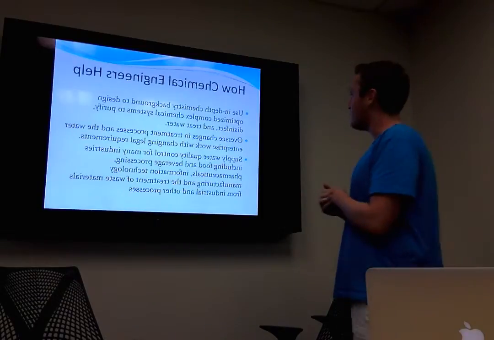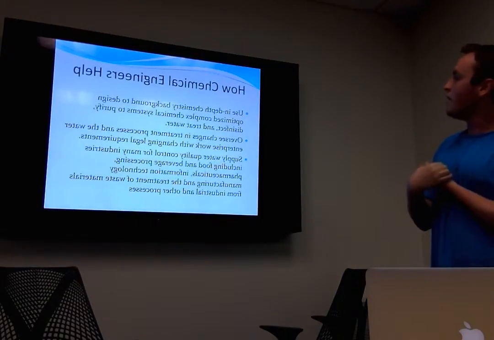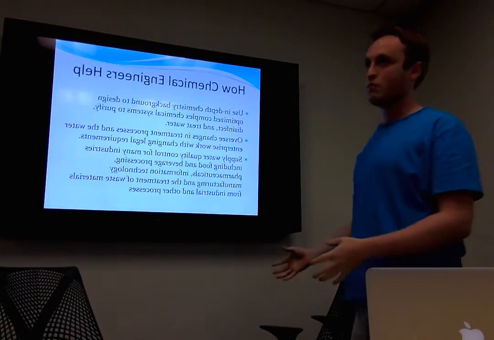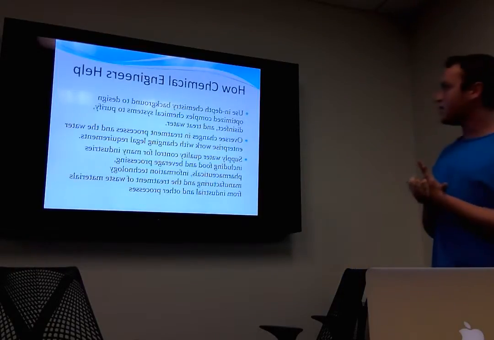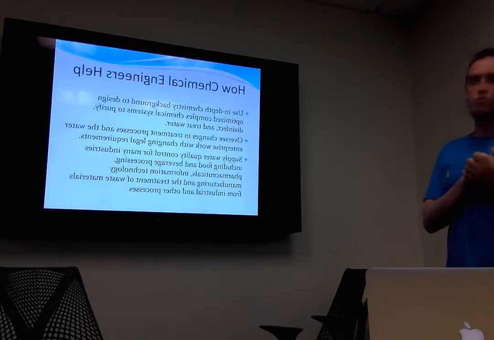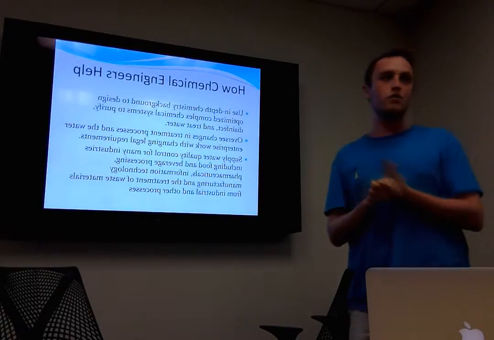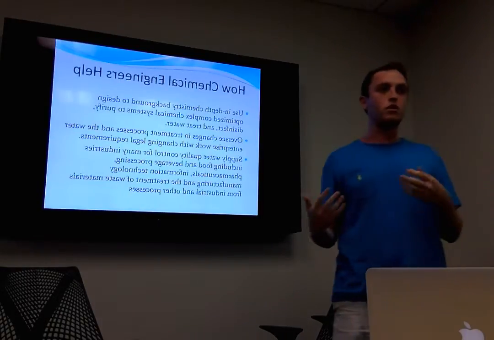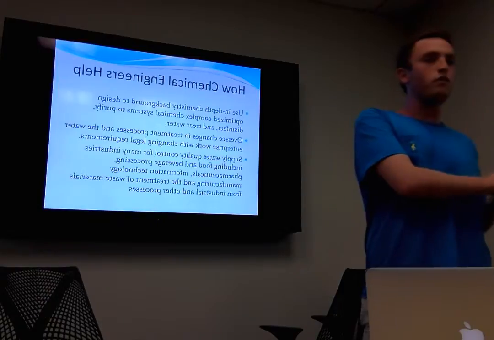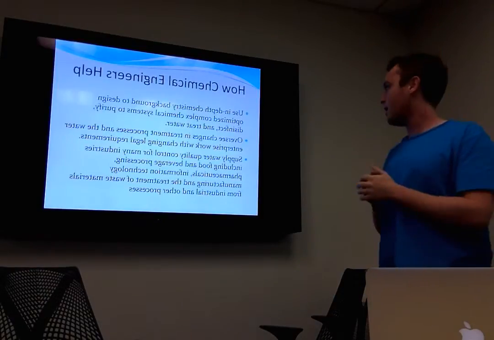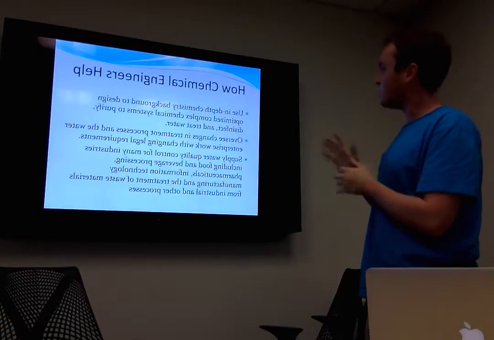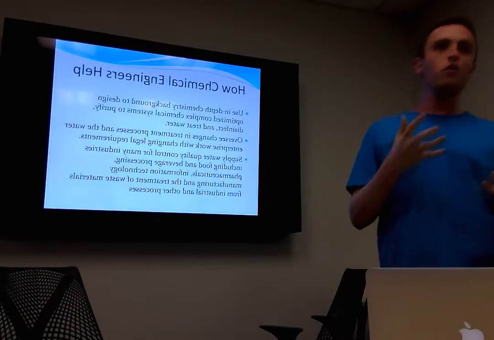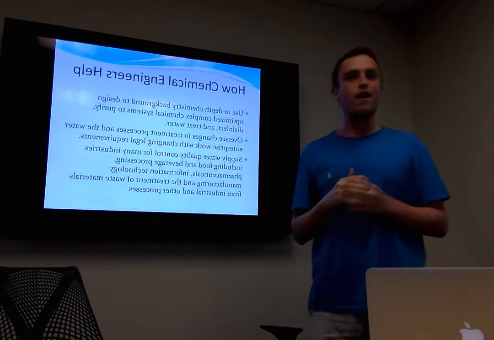So how do chemical engineers apply that? We apply our in-depth chemistry and physics background to optimize these chemical systems and constantly improve them and adjust them to meet production standards. We oversee all those changes, and we work with the whole water enterprise to change legal requirements, because the FDA and all kinds of government agencies are constantly changing the requirements for water purification standards and reuse. Chemical engineers are very much at the forefront in trying to keep up with all these requirements and mandates. We also supply a lot of water quality control for industries, for beverages, pharmaceuticals, everything that uses water. We're really the ones making sure that water isn't bad and that it meets standards.